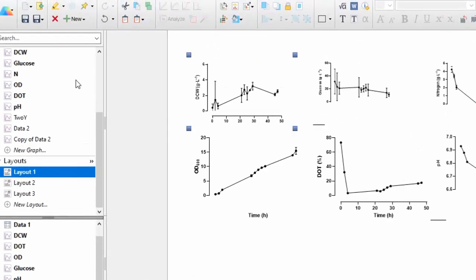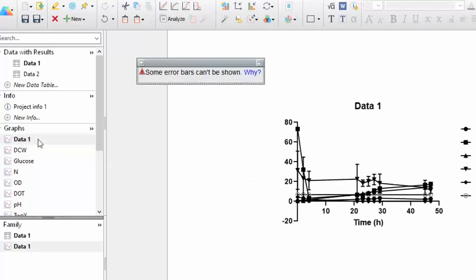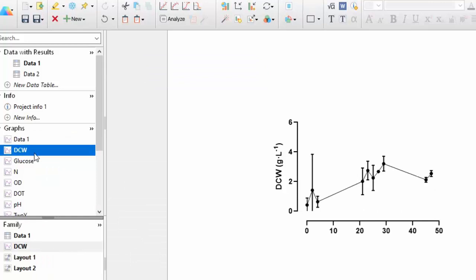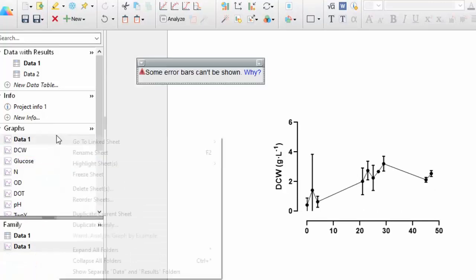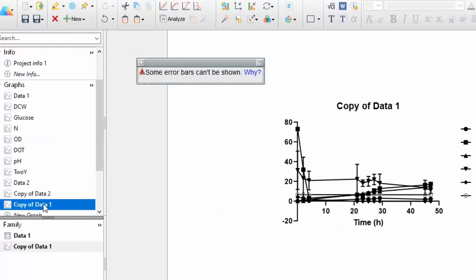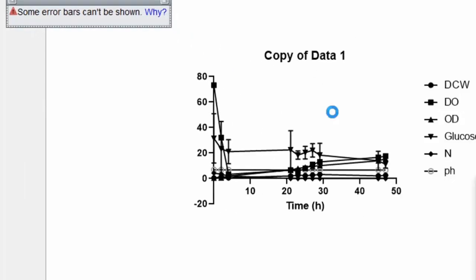It all starts with that first data file. So what I have done is, I just duplicate this particular sheet. So I can duplicate that, and then I can rename it to anything that you want. And then let's say duplicate current sheet, copy of data 1. So we can call it data 1 actually, and then I can come here and double click that, and